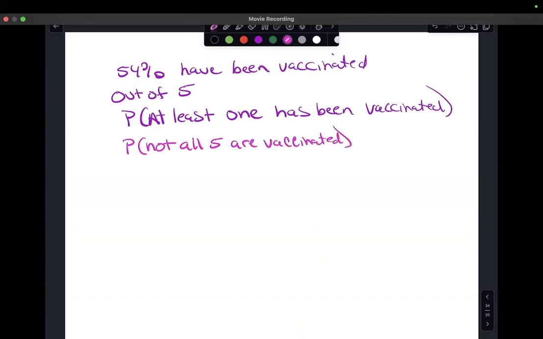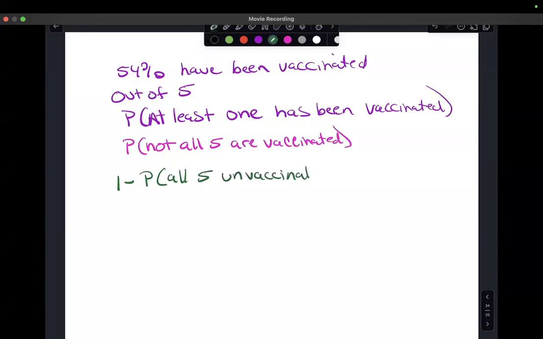If you've ever taken a class that has done any logic, you kind of see that we're flipping it around. So the probability not all 5 are vaccinated. So what we need then is 1 minus the probability all 5